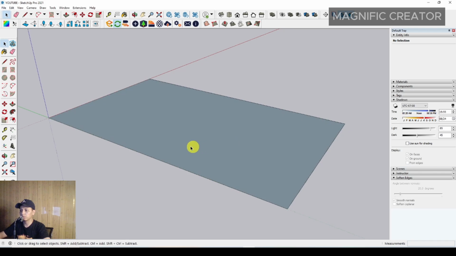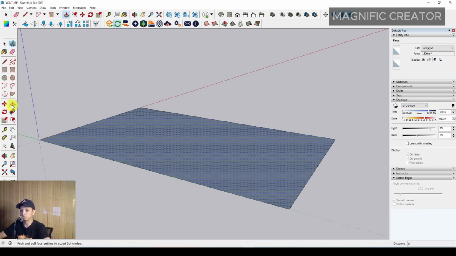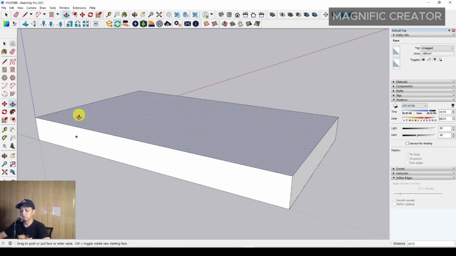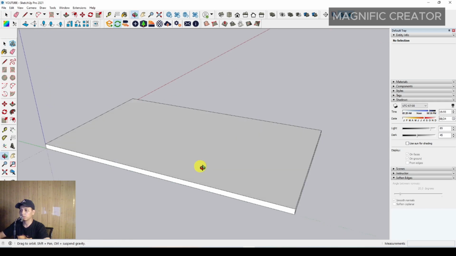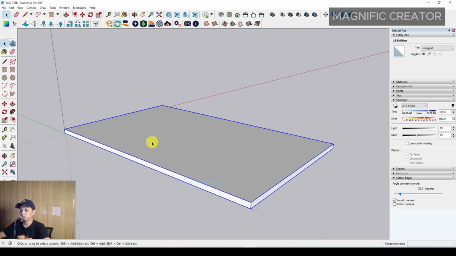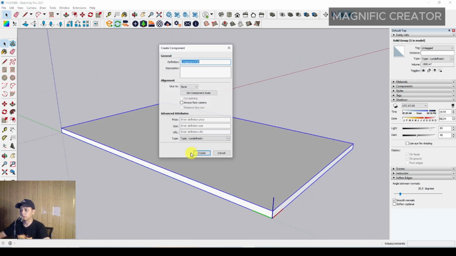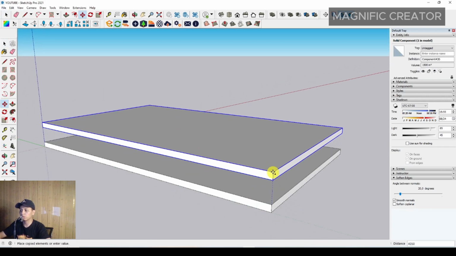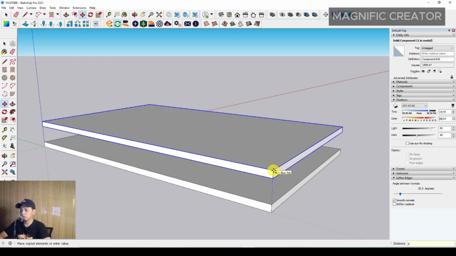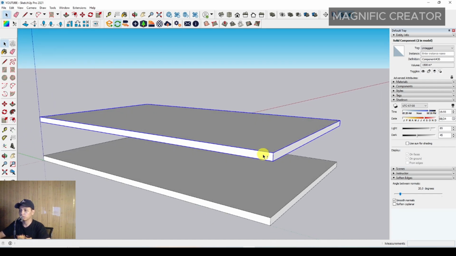Okay, and then we can make a thickness of the floor. We can set the thickness around 1000 millimeter. It's just a simple detail. Then we have to make it a component, create it, and then we can set the height of the first floor around 8000 millimeter. Okay, and then we can set the typical floor